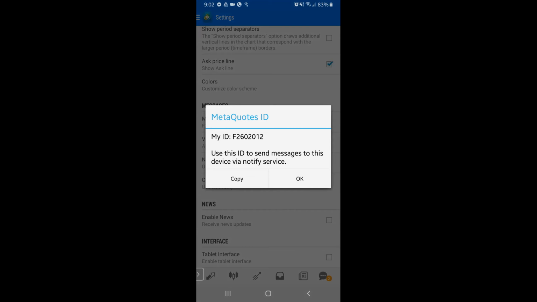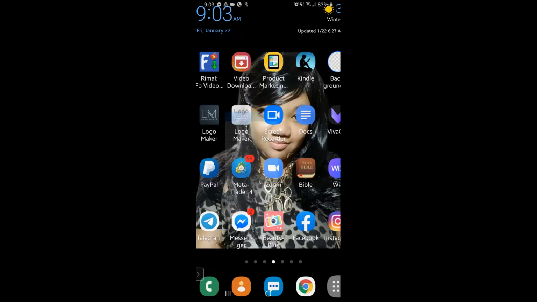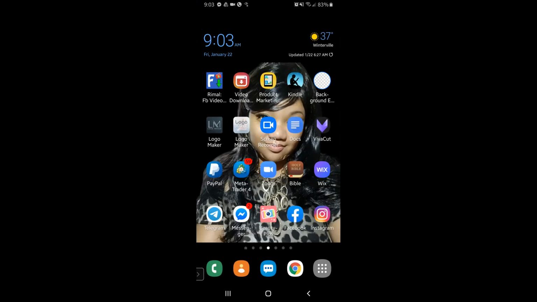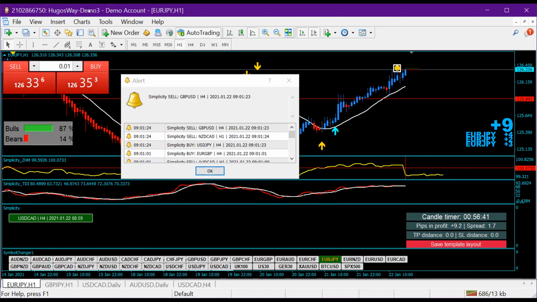Okay, so that number is automatically assigned to my phone. Yes. Take that number. Yes. Okay, got it. So once you have that, now I'm going to go back to the computer version of Metatrader4, so I can put that number that I received from my phone into Metatrader4. And how you do that now, you would come here,